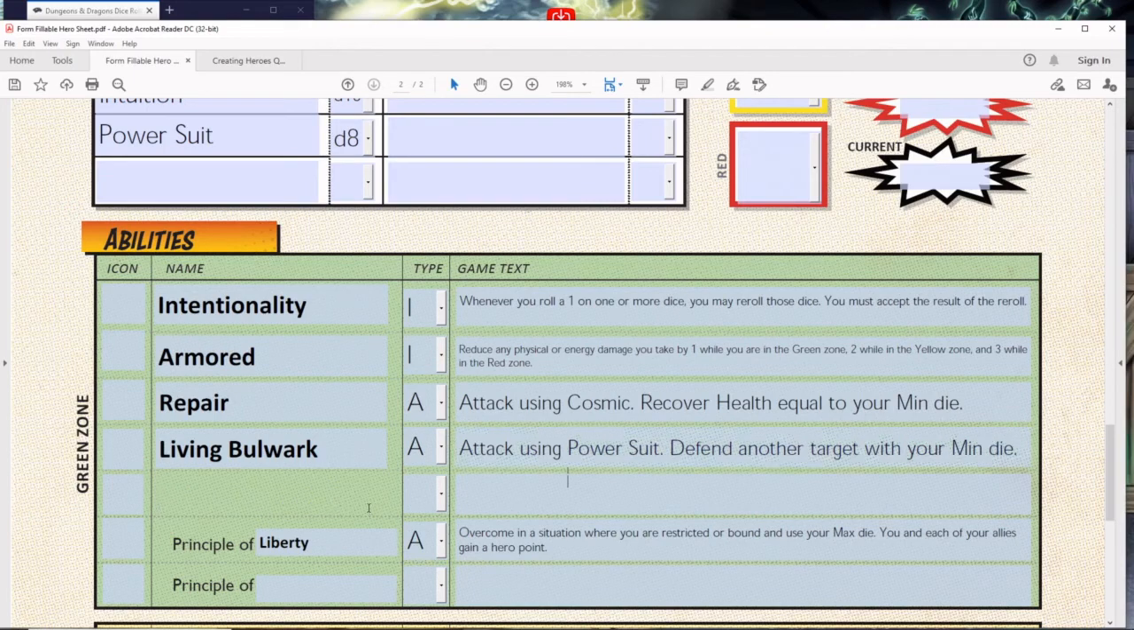And third power. We are going to take that one, Unstoppable Charge. And it is an action. Attack. Nope, we're not going to go down there because I should not have hit tab. The tab order is still mucked up. Attack using, and I'm going to call it close combat. It's a quality, but